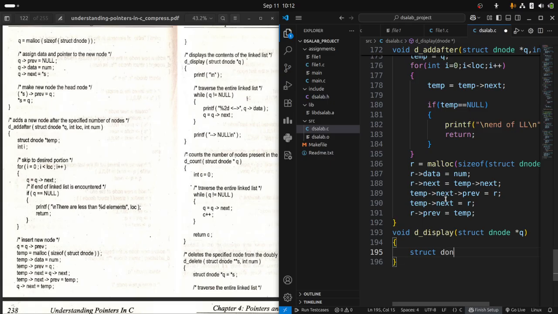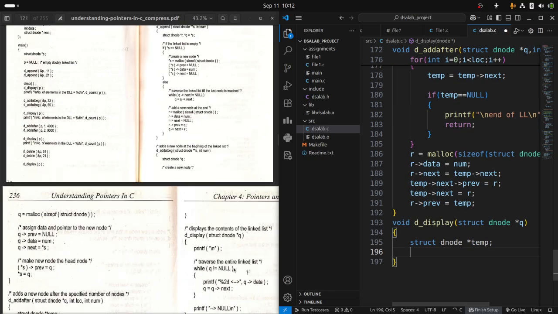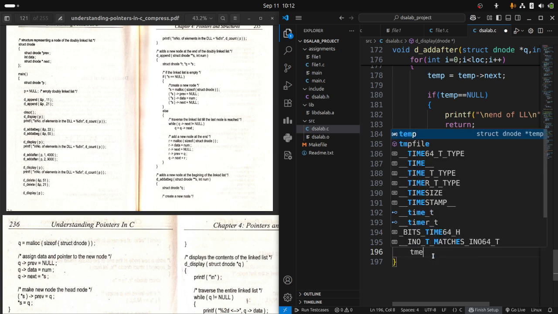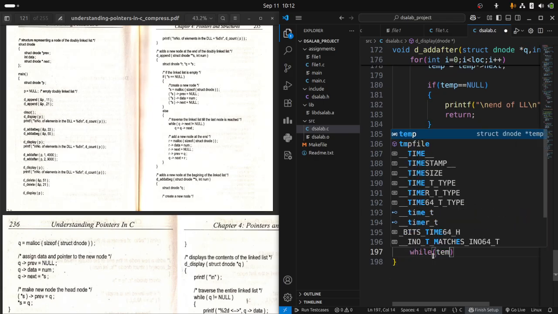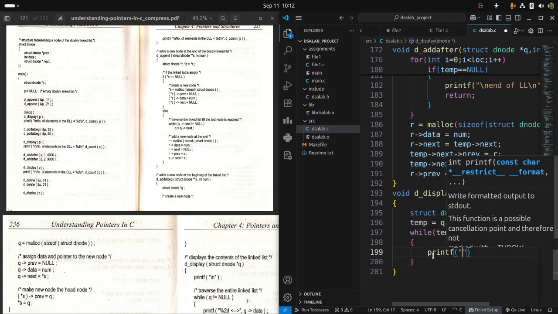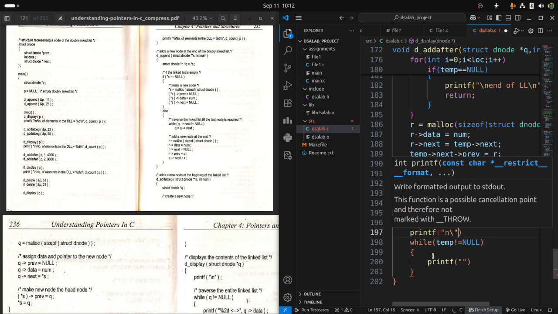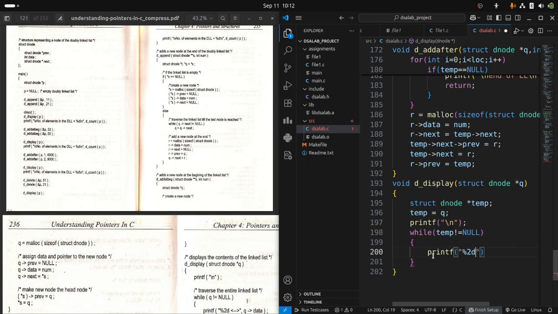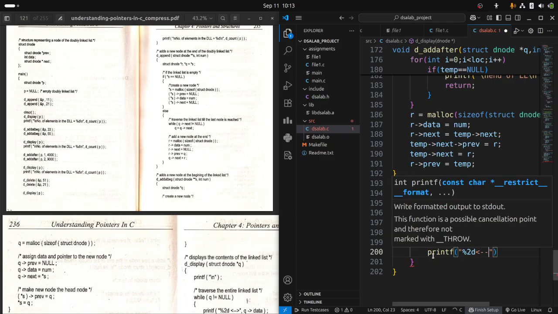Now, yes, 2D doesn't matter. Anyway, I'll just print it. 2 decimal places. And then